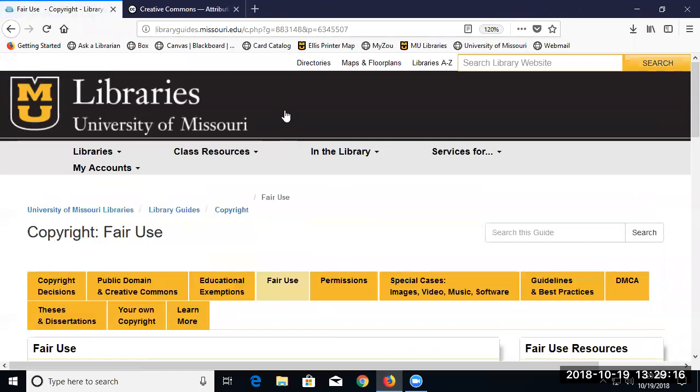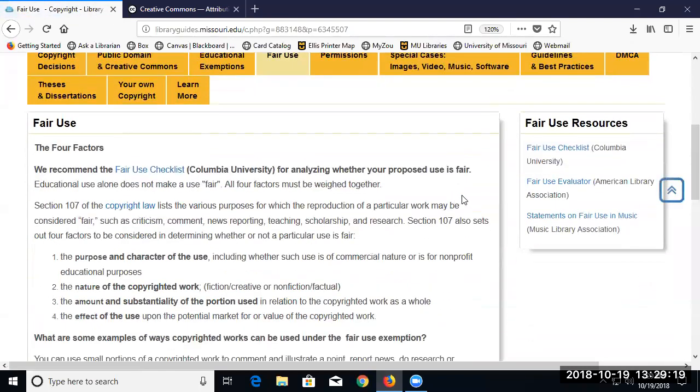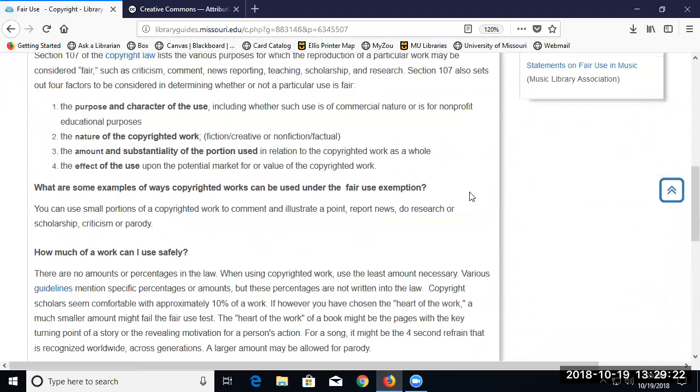And this is something we should look at in more depth. To evaluate whether a use is fair, there are 4 different qualities to look for, 4 different factors to consider. And I think a lot of people are aware of educational use being one of those. And we hear a lot of people say, well, it's for an educational purpose, so it's fine. Well, that's just one factor. You really need to look at all 4 factors and consider all of them. So the first is the purpose of your use and the character of your use. So if it is for nonprofit educational purposes, that is a favored use. That will usually weigh in favor of fair use.